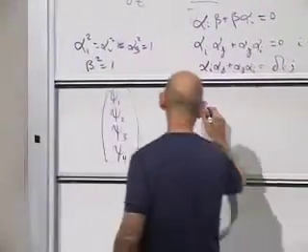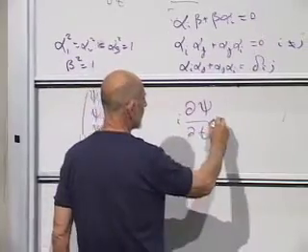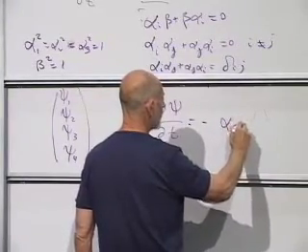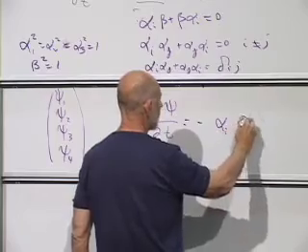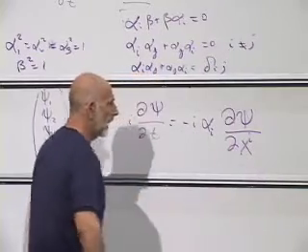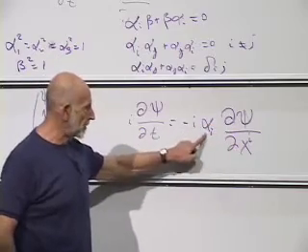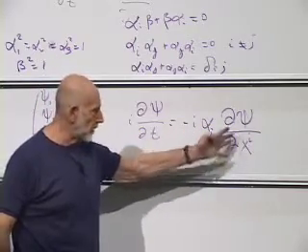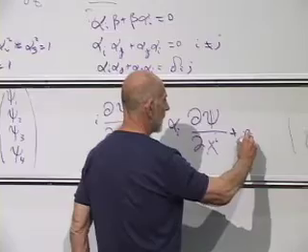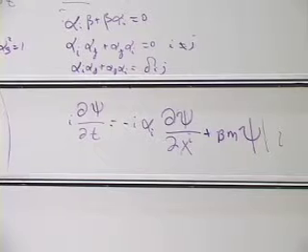And you write that i times the derivative of psi with respect to t is equal to minus i alpha_i times the derivative of psi with respect to x_i. x_i means x, y, and z. This means alpha 1 times derivative with respect to x, alpha 2, derivative with respect to y, and so forth, summed over i, and then plus beta m psi. That's the famous Dirac equation, and it stands for 4 equations